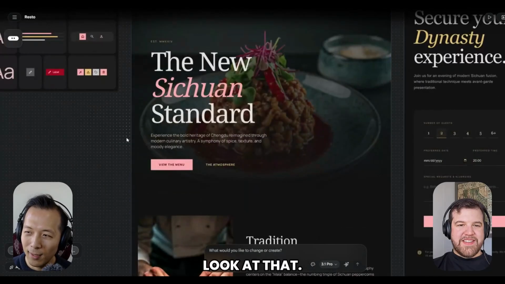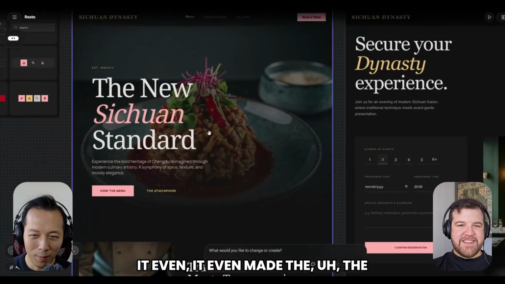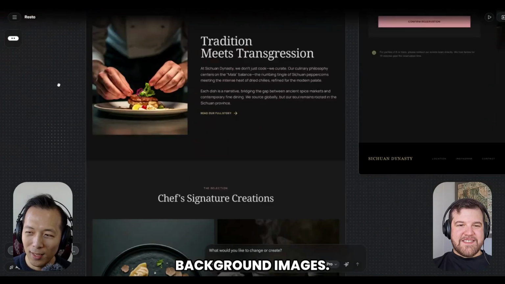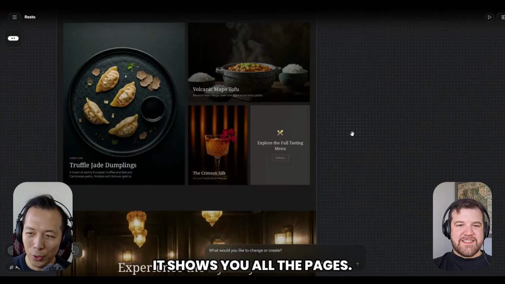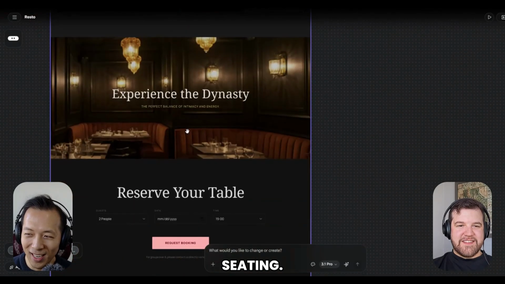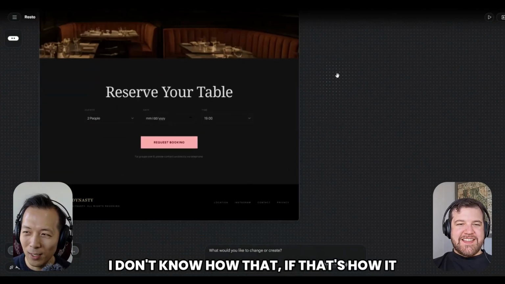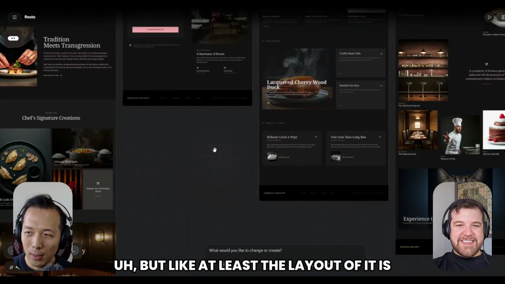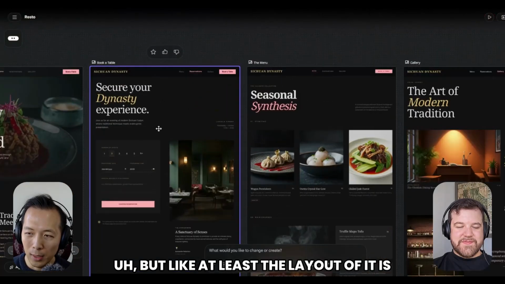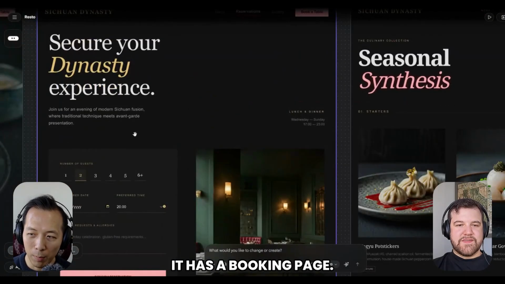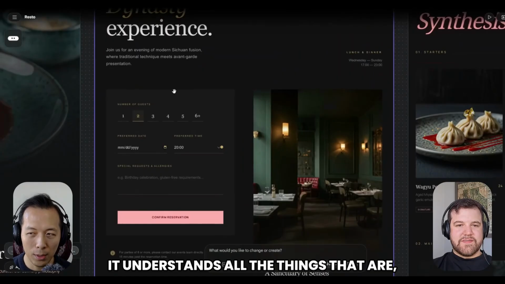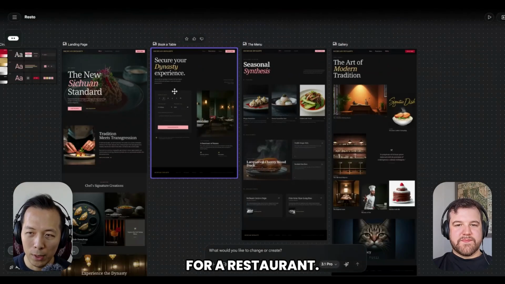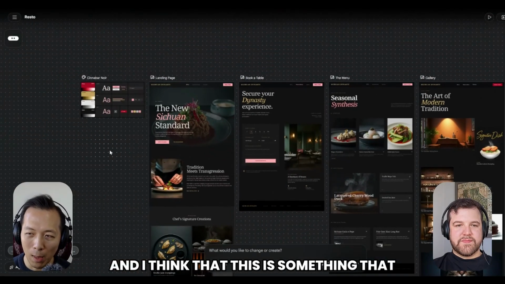Oh, wow. Look at that. It even made the background images. It shows you all of that. It shows you all the pages. It shows you all the dumplings, the seating. I don't know if that's how it might look, but at least the layout of it is going to be awesome, right? It has a booking page. It understands all the things that are needed for a restaurant,